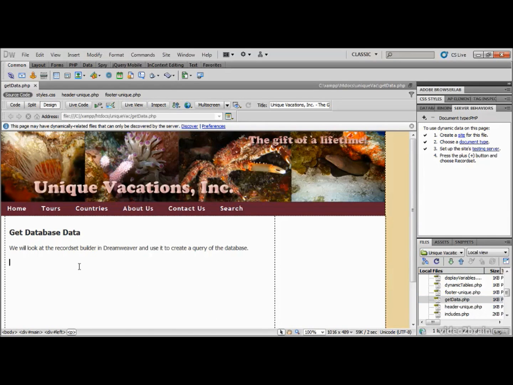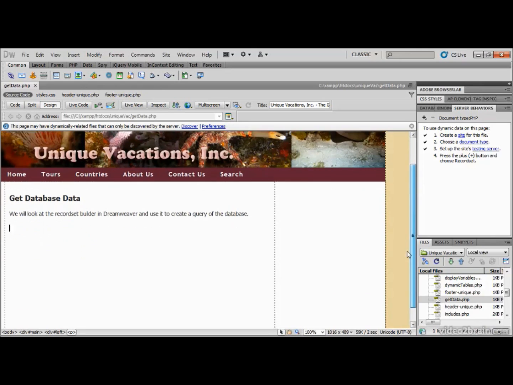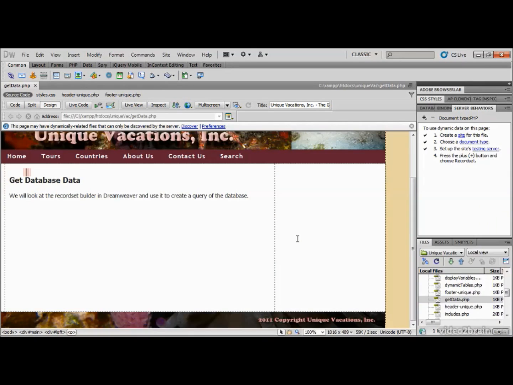And what we're going to do is use the record set builder in Dreamweaver and add a query right down in this area on this page. So I'll move that down a little bit so we can see what we're doing a little bit better. Now, in order to create a query to pull data out of the database, I'm going to go over to the Bindings panel. I'm going to hit the plus sign in the Bindings panel,